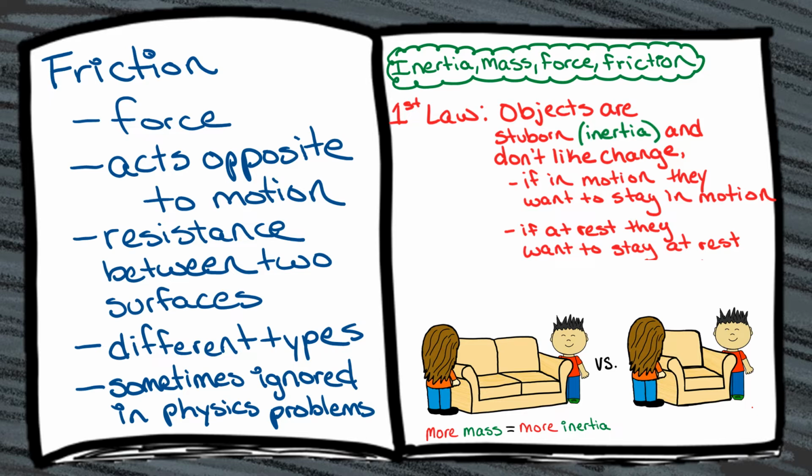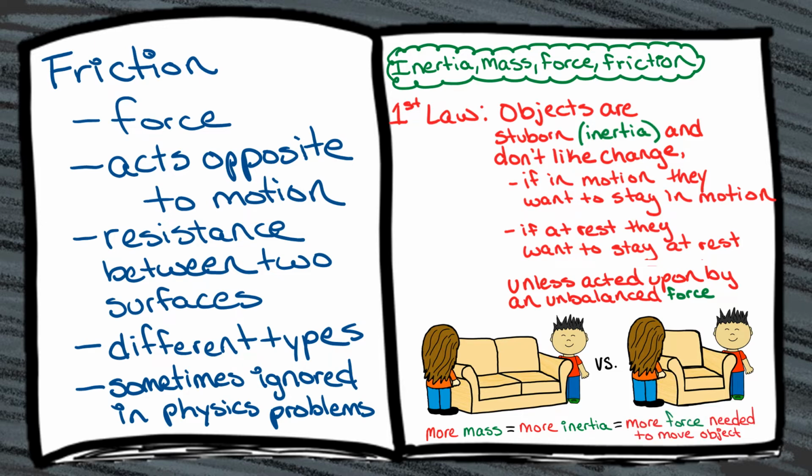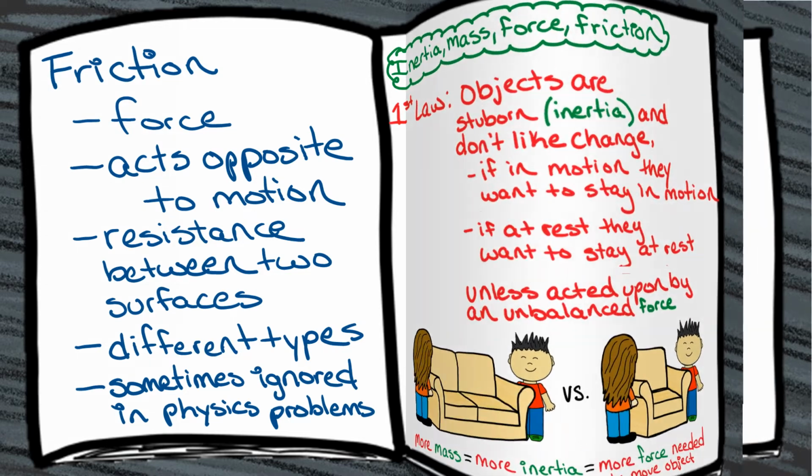So then, how do we overcome this stubbornness? Right again, Alex, an unbalanced force needs to be applied on the object in order to overcome its inertia. You got it, Alex. The more massive an object is, the more inertia it has, which means the greater the force that needs to be applied in order to overcome its force weight to change its state of motion.